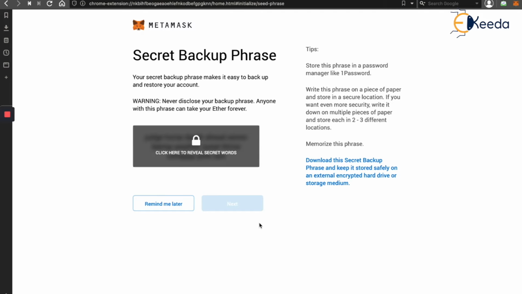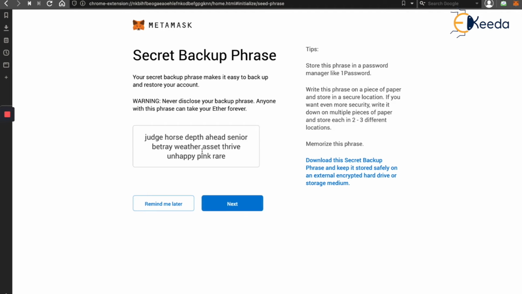This page is the most important while creating a wallet. As you can see here, it says something called a secret backup phrase. What is a secret backup phrase? This is going to serve as your private key. Let's look at what this secret backup phrase is and understand what it does. Once I click here to reveal secret words, you can see that I have about 12 words